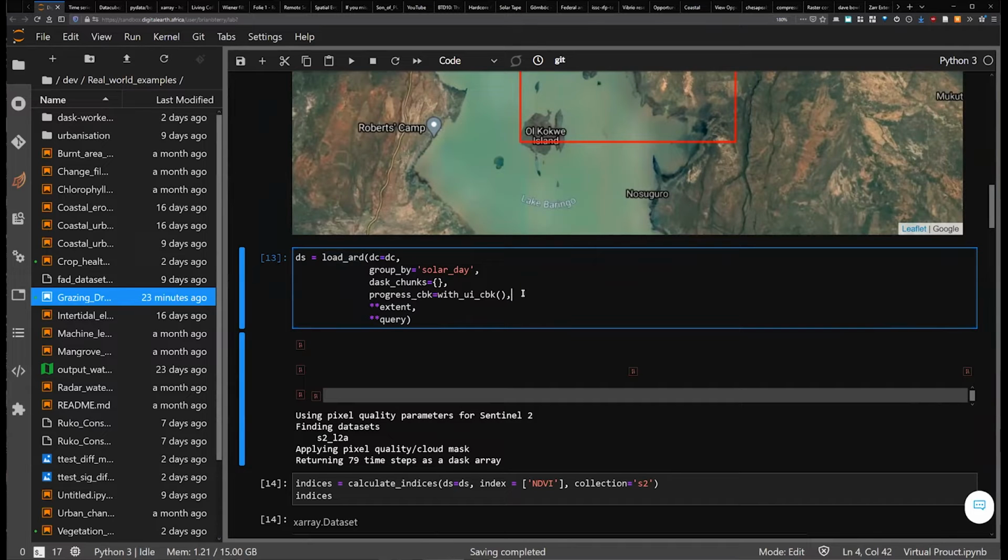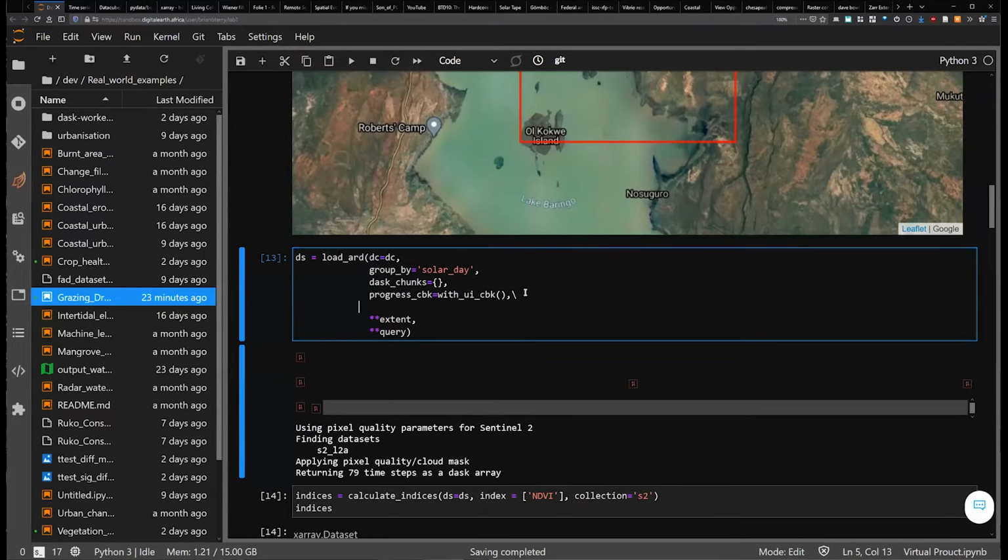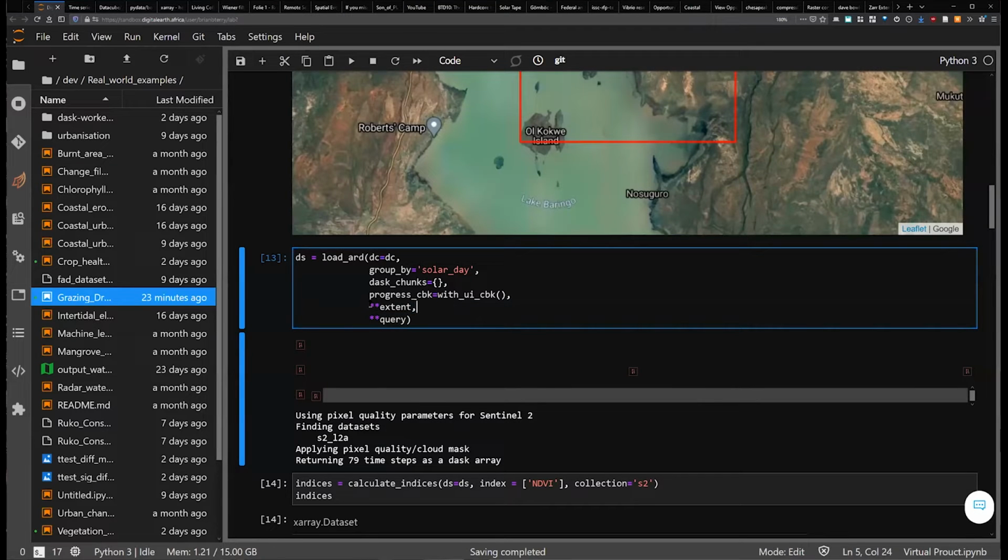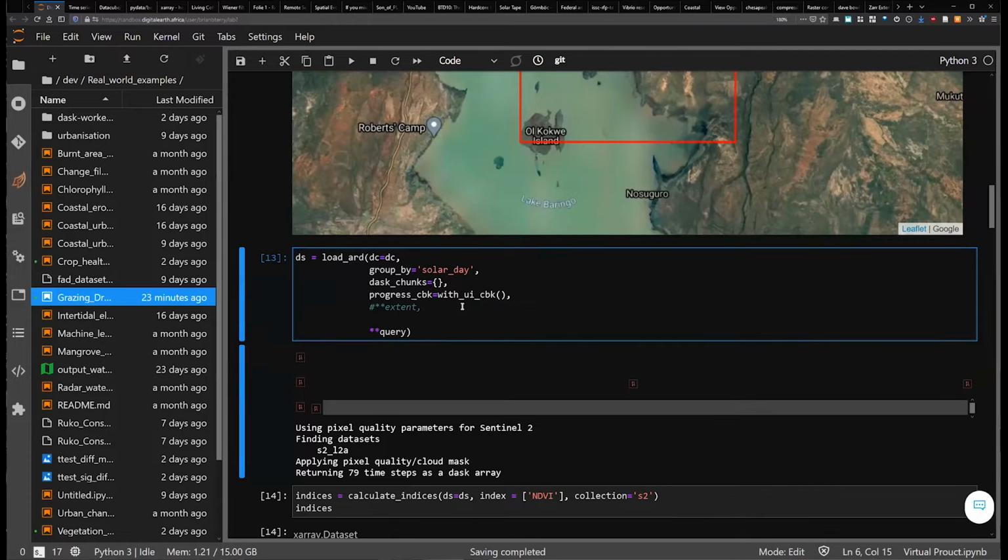You were asking about, can you get a shapefile? So what you can do is, instead of using an extent here, you could do something like geometry equals, and then what you would need is a GeoPandas data frame. Oftentimes you'll abbreviate that GDF, and the GeoPandas data frame is basically just the shapefile in the form of GeoJSON. Basically what you would do is import the GeoPandas library into the notebook, and then I think there's a geopandas.read function which can read shapefiles, and so you